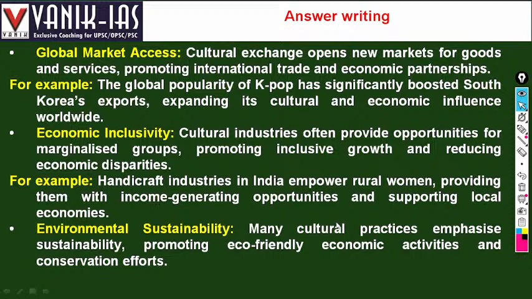Global market access: cultural exchanges open new markets for goods and services, promoting international trade and economic partnership. For example, the global popularity of K-pop has significantly boosted